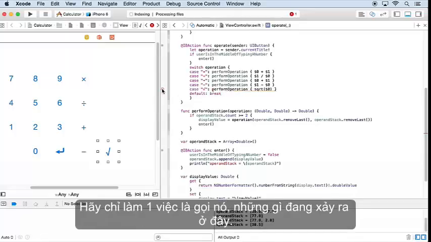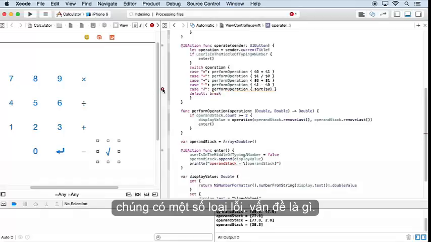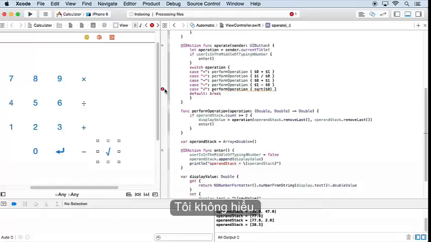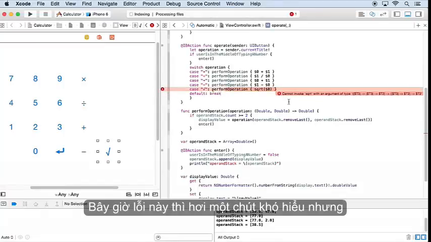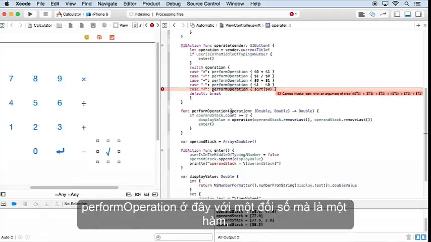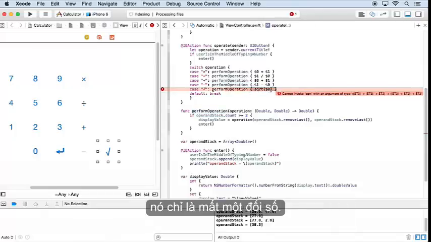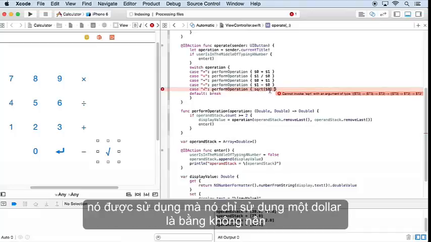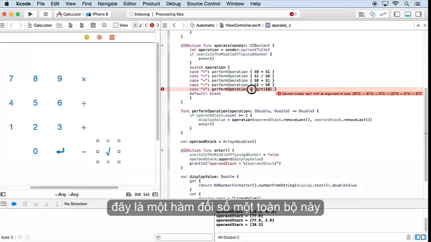Oh wait, what's going on here? We have some sort of error. Why? What's the problem? I don't understand. Let's take a look at this. Now, this error is a little hard to understand, but basically what it's saying is that you're calling perform operation here with an argument, which is a function that only takes one argument. Because Swift looks here and sees that it's only using $0, so this is a one argument function. This whole curly brace thing is a function that has one argument. Well,